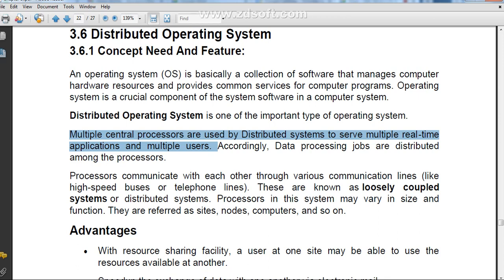Understood? And those processors communicate with each other through various communication lines, like high speed buses or telephone lines. They are known as loosely coupled systems.